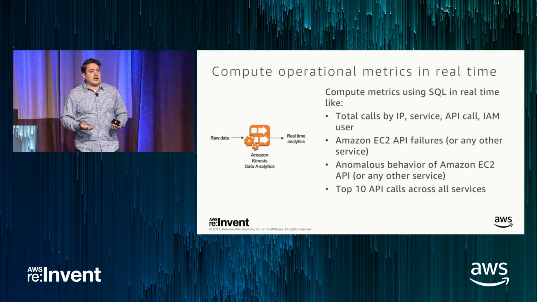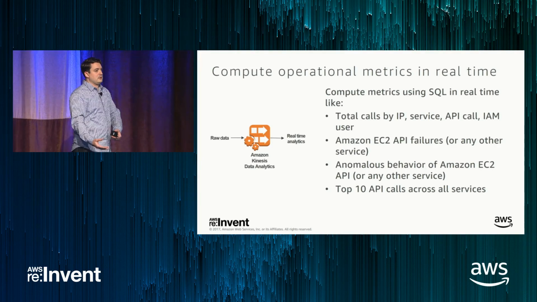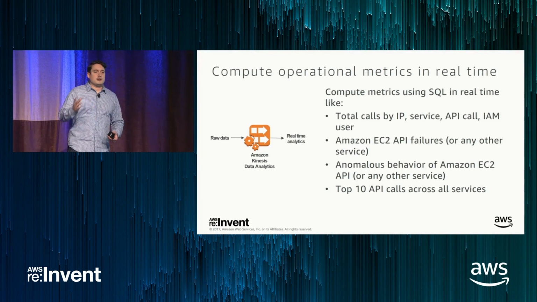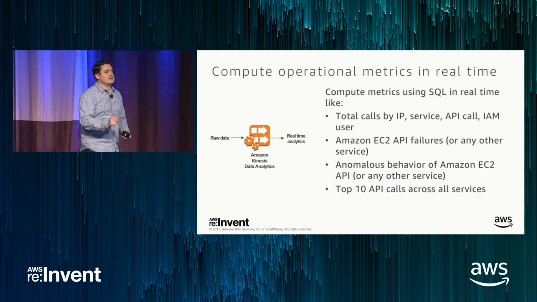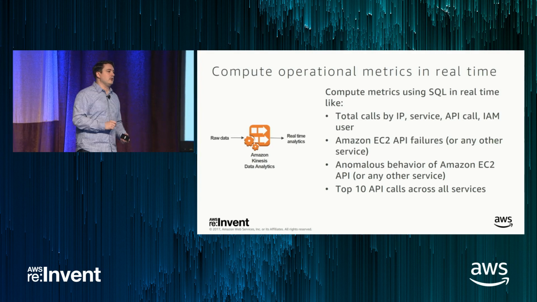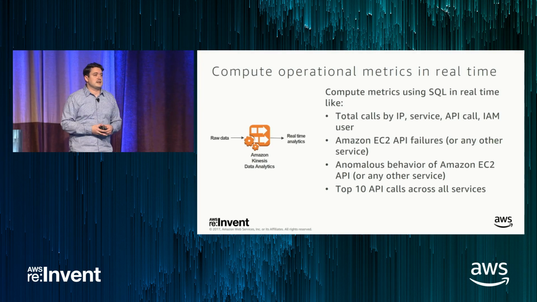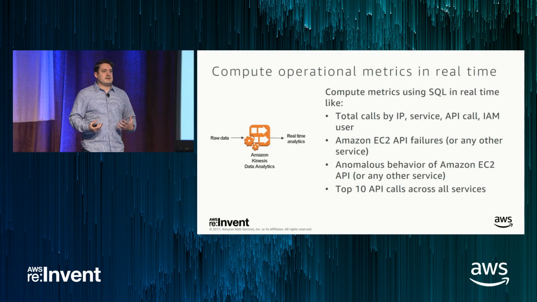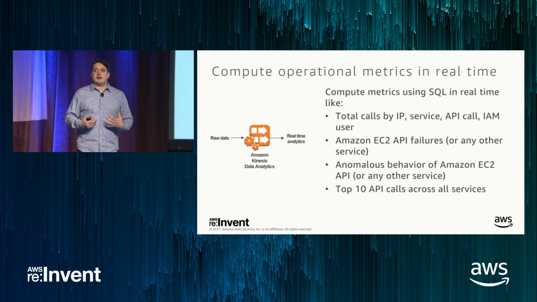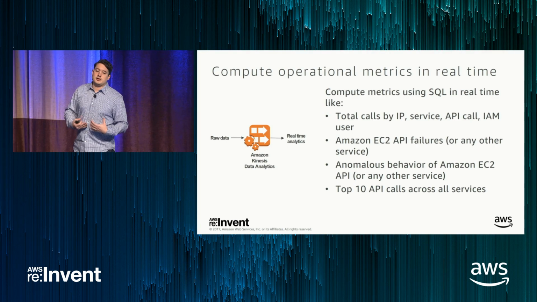A percentage error rate on a specific API call from a specific IAM user. So like maybe you have a cron job that starts up every 5 minutes, and you really want to make sure as fast as possible that cron job was successfully run. And when you know the API signatures associated with that call, this is one mechanism to do it. The purpose here of me bringing up these examples is that you really can get fairly specific with the customization of what metrics you compute, and you can do this in real time.